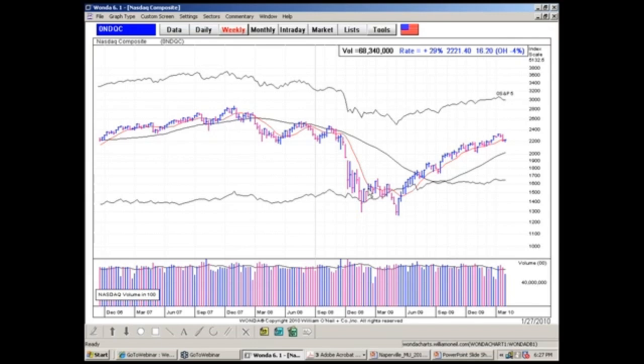I think most whipsawing is because you're not buying correctly in the first place, or maybe you're buying a stock that doesn't really have all the parameters. Does it have sponsorship? Does it have some institutional volume in it? Is the chart right? Has it got all the other characteristics, the high return on equity? Is it the leader in its particular industry, or is it a number 4th, 5th stock in the field? So you've got to do it all right, and then all of a sudden it starts to work much better.